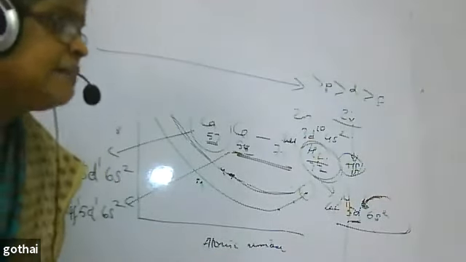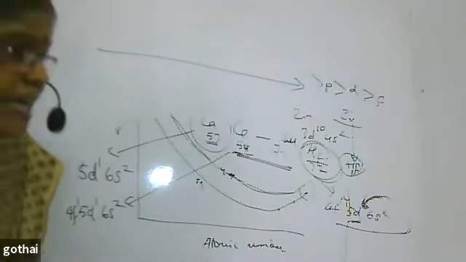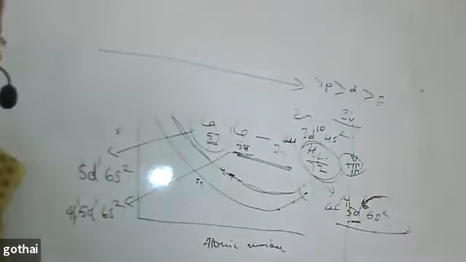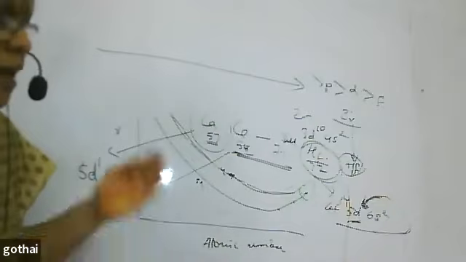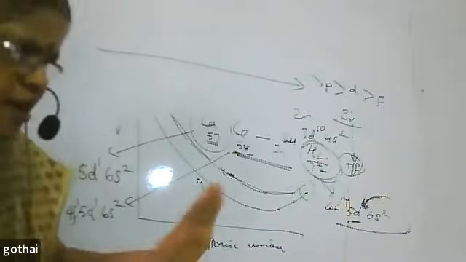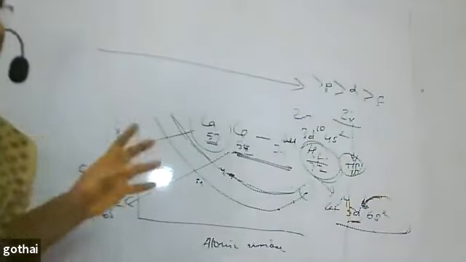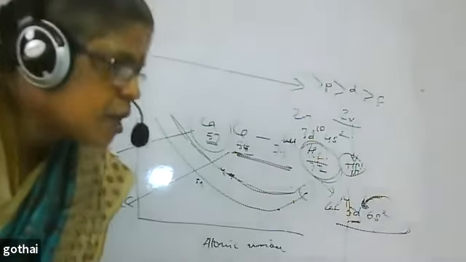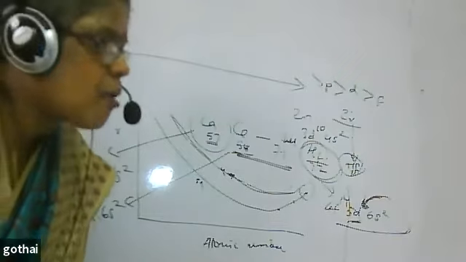So we say that the regular decrease in the atomic size of lanthanoids due to increase in atomic number is called lanthanoid contraction. When I say lanthanoids, I'm not telling about poor shielding due to the filling of f orbitals. That statement is not required. When I say lanthanoids, it's understood everything is involved. So you write the definition this way: the regular decrease in the atomic size of lanthanoids due to increase in atomic number is called lanthanoid contraction.